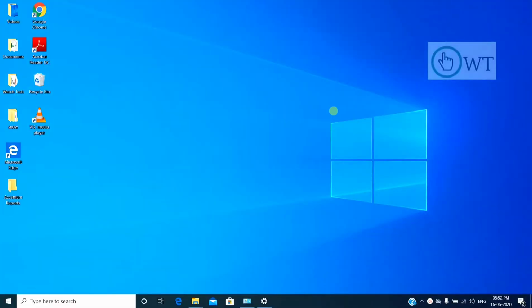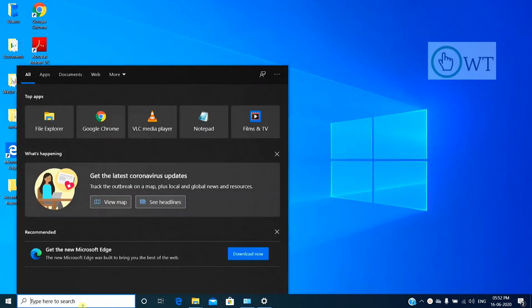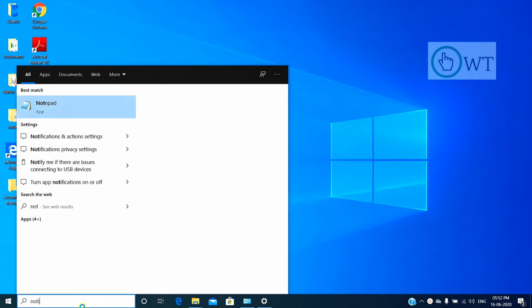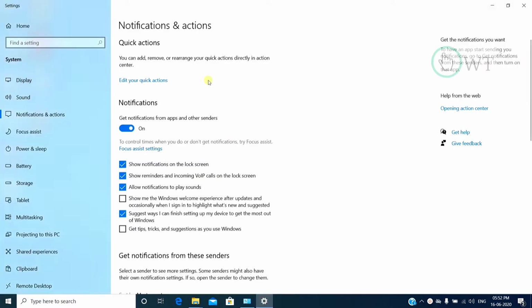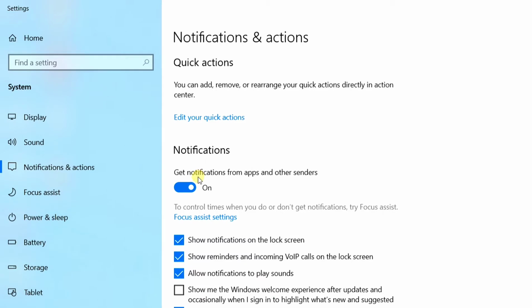To disable the notification and actions settings, you need to go to the search bar and type notification and action settings. Here you need to press open. After pressing open, this window will open. You can see that it is on here, so you need to select it off, and after that HP will not be able to send you the unwanted notifications and assistance which you don't require, and this will definitely improve